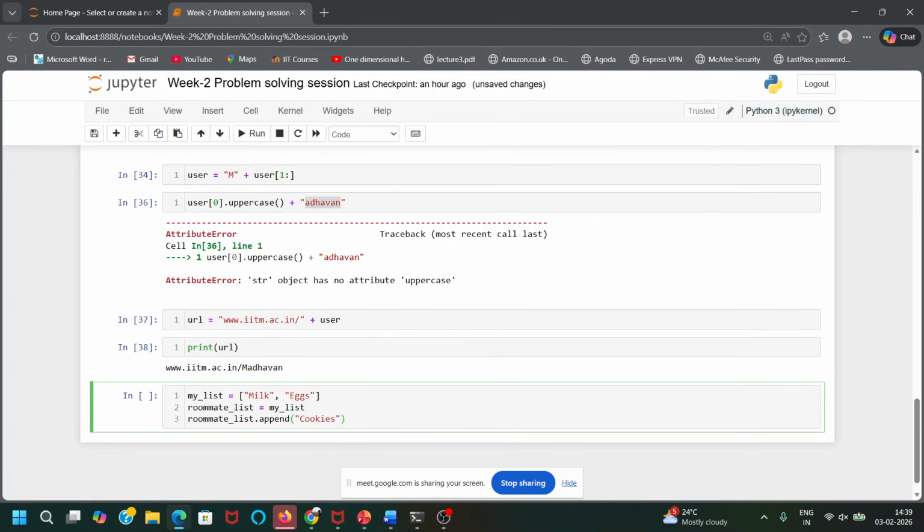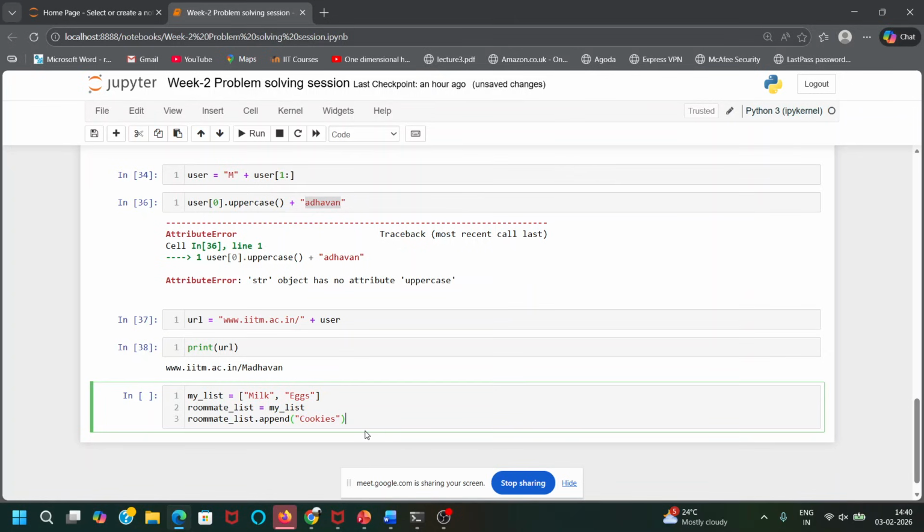Milk and eggs is there in my roommate list now, and I want to add cookies to that list. So I will use this operation append. You write dot append, and whatever you want to append, and because you want to append a string, you write it like this.